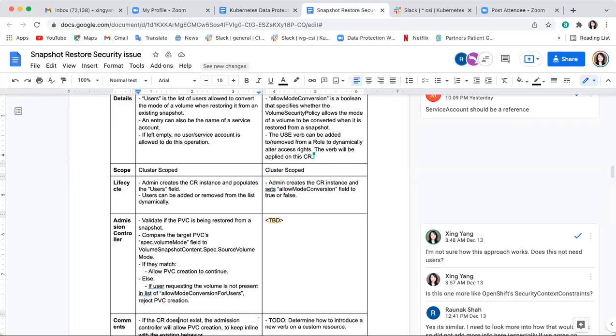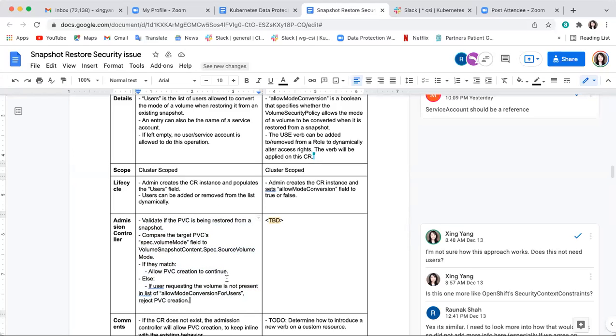Any questions? So this method is actually quite similar to what you proposed last time, except that now we capture everything in a CRD, right? Last time we spoke about adding an annotation. That's what I'm saying. In that approach, there was an annotation. Now everything's captured in a CRD, so it's one place for everything, and all of this seems to be pretty similar.